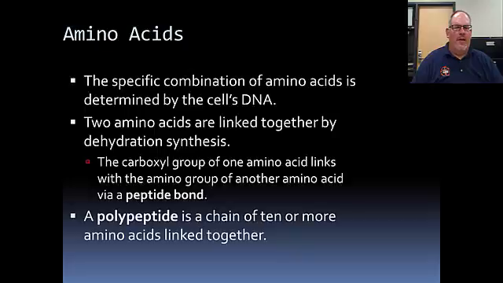A lot of times the amino acids are linked together through dehydration synthesis, so it's very easy to put them together. Water's given off when you put them together. When you go to break them down, all you have to do is add water. If we have a chain of 10 or more amino acids together, we call that a polypeptide. Depending on the protein, somewhere between 50 to 100 amino acids is the line between the polypeptide and a protein. So it just depends on which protein we're looking at specifically.